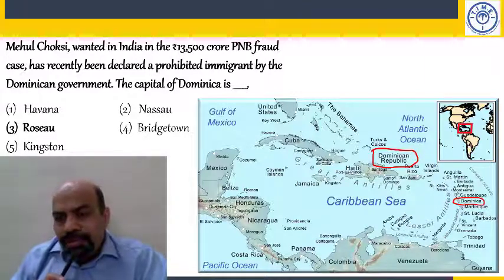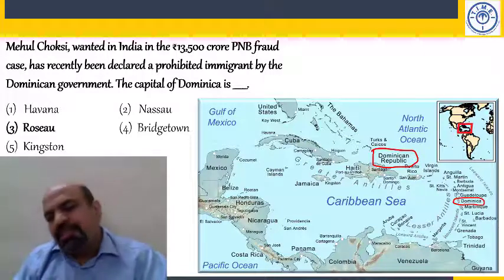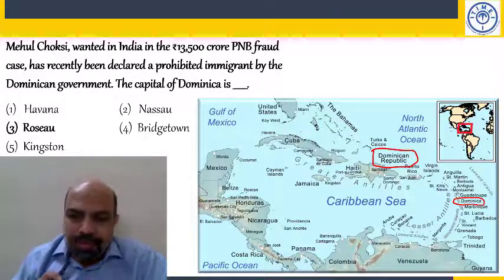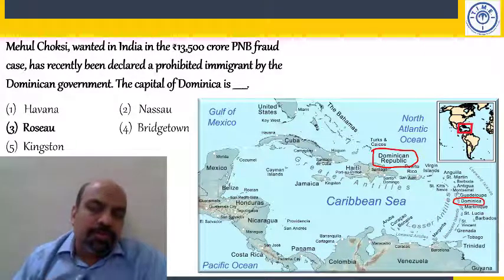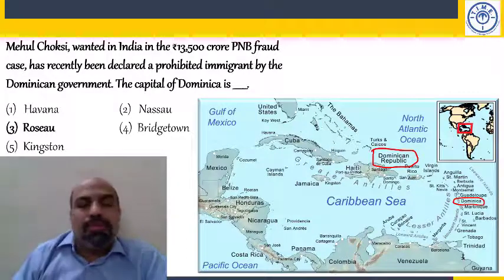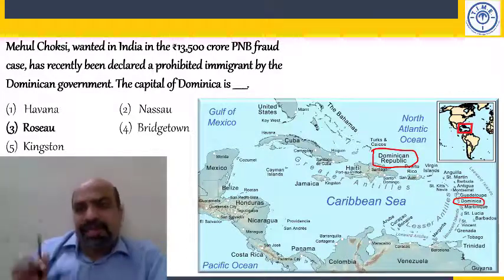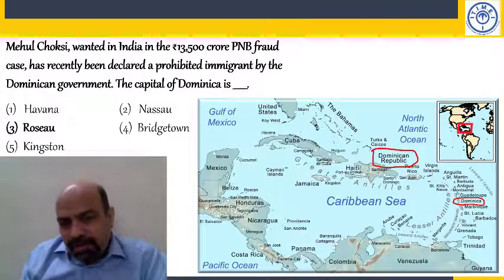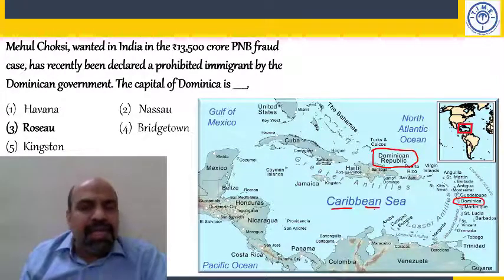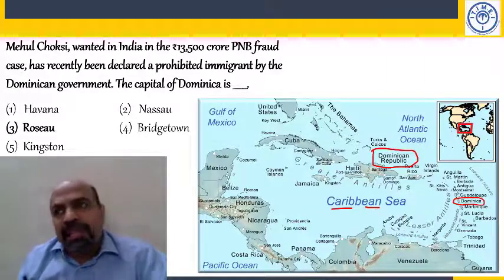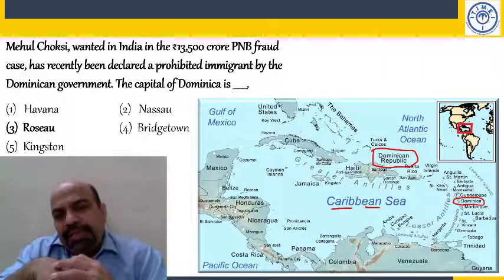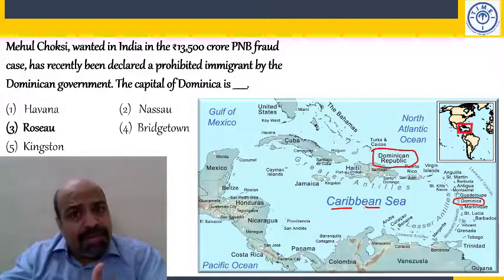Now, I want you to write about the capitals of these places. I'm not going to discuss more than this because it's going to take a lot of time. This is one of the most interesting parts in global geography. This particular area. You see this, before I go anywhere, I'll take you to the Caribbean. EAN is a Greek, Latin suffix for a water body. A suffix comes in the end of a word.